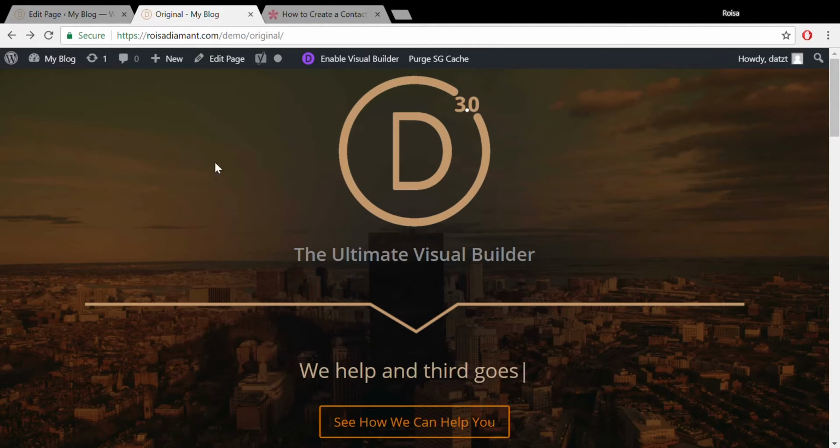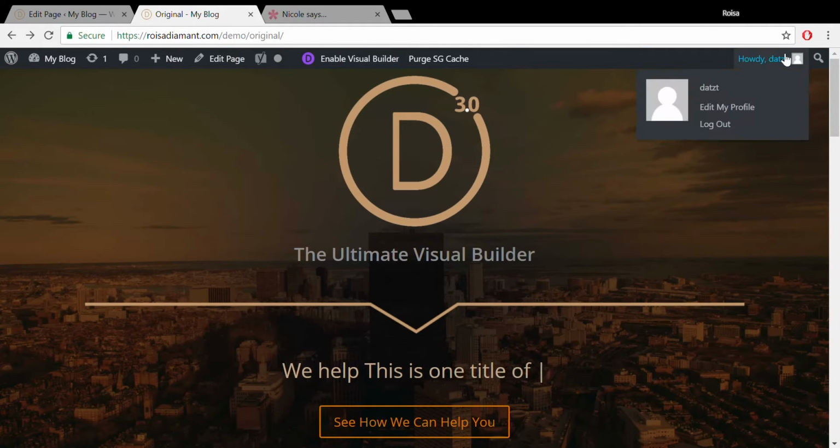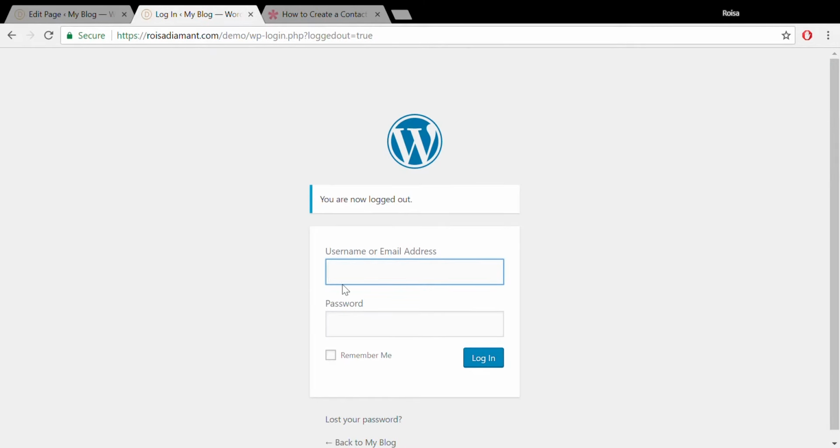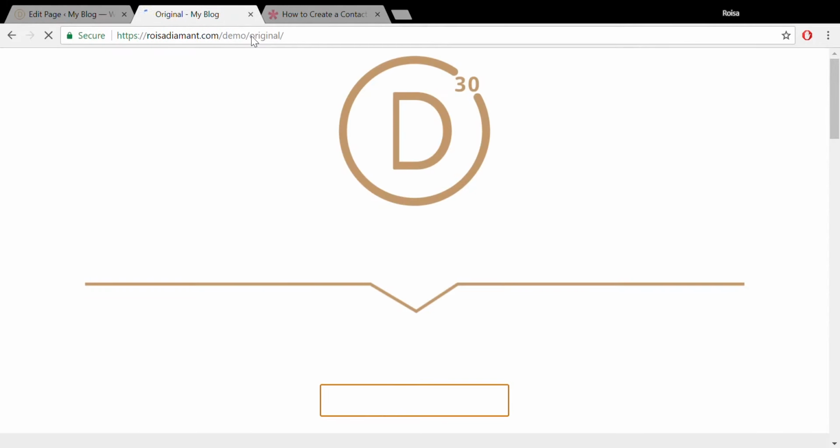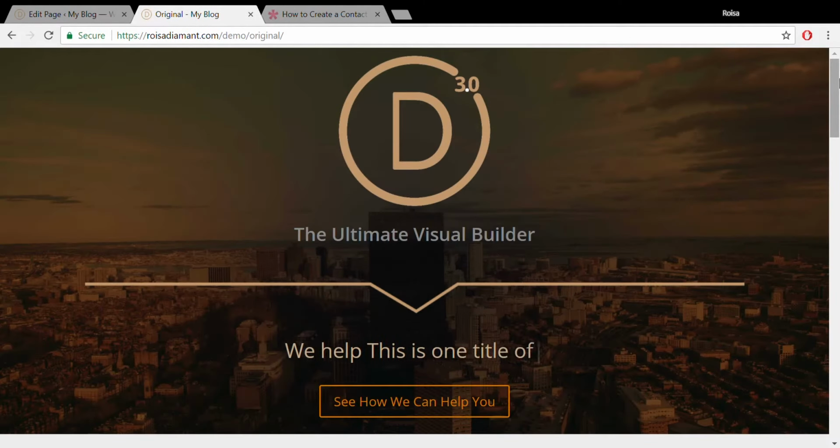You're going to come to it like this. I should really log out so you can see the full page. Great. Now we can just go straight to the home page. It was not a home page, but it's going to be a one-page website. So you come in, and this is what you see. You're going to have here your logo, the name of your business, a divider line, and this cool